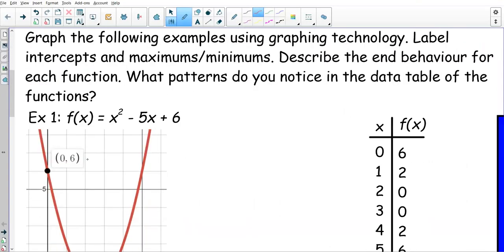So in the lesson today, we're going to look at a number of different functions. We're going to graph them in Desmos. I've already got them graphed for you. We're going to label some intercepts, maximums, and minimums wherever possible. We're going to describe end behavior for each function. And then we're going to talk about patterns that we might notice in the data tables of the functions as well. You may have looked at this a little bit with quadratics last year, and so we'll build on that as well. So if I start with my first example,